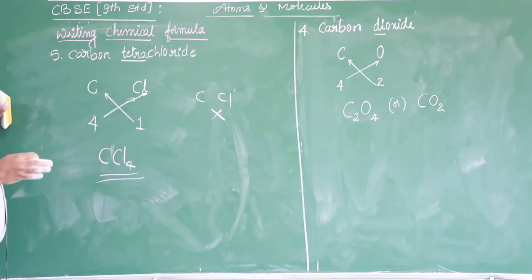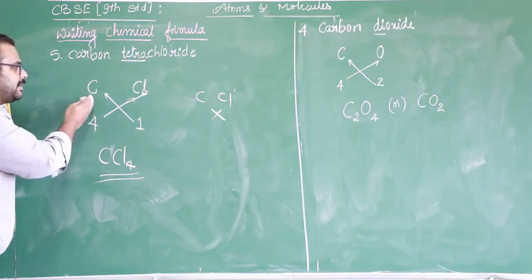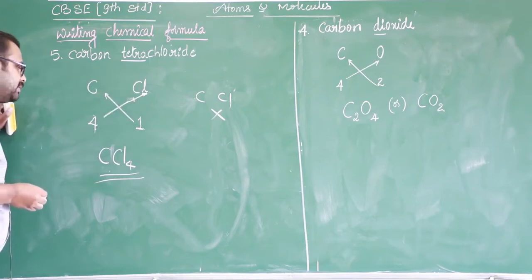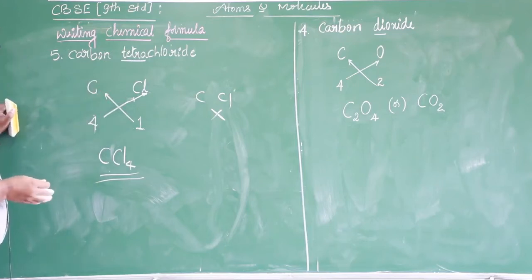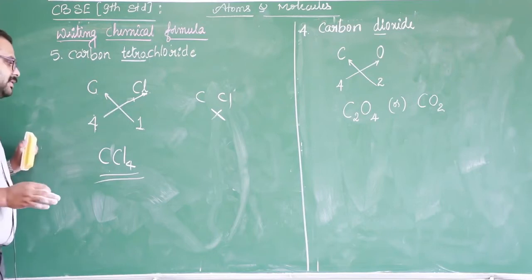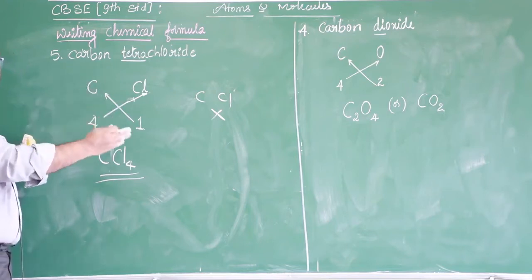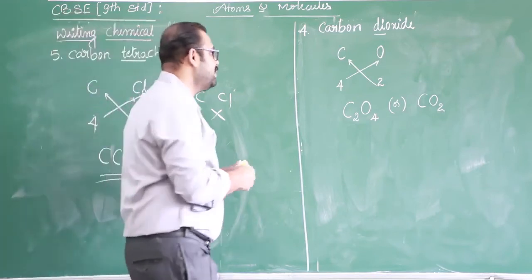So here, writing the formula, if carbon is a non-metal and chlorine is also a non-metal, in that case, whatever the chemical name is, according to that we have to write. If the chemical compound consists of metal and non-metal, in that case, you always have to write the metal first, followed by the non-metal. So let's see some examples.